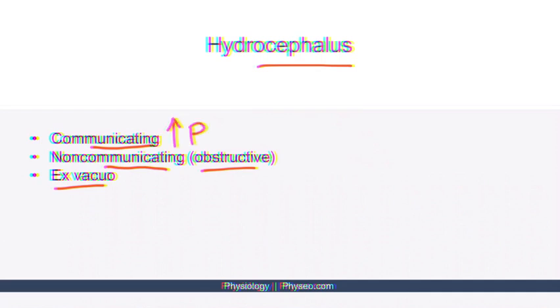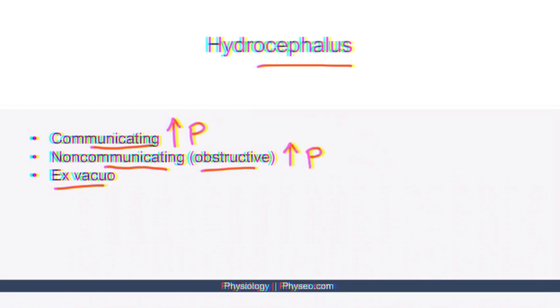So increased pressure. Non-communicating hydrocephalus refers to the idea that there is an obstruction within the ventricular system. In other words, the ventricles are not communicating with each other, hence the name non-communicating hydrocephalus. This type of obstruction also results in dilated ventricles and increased intracranial pressure,